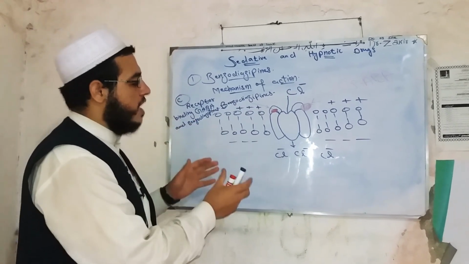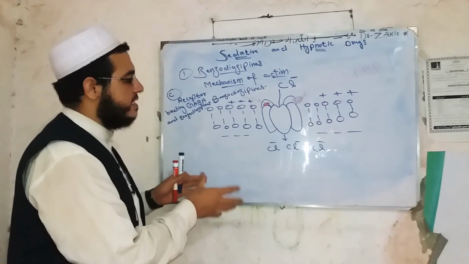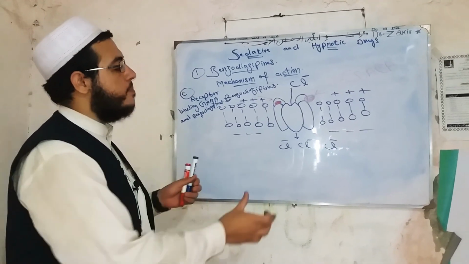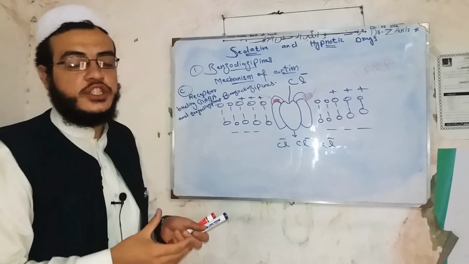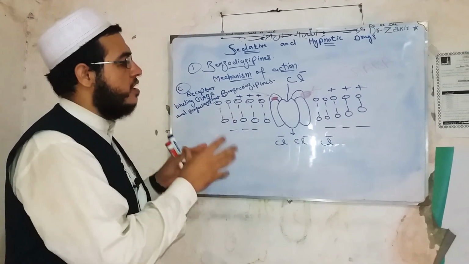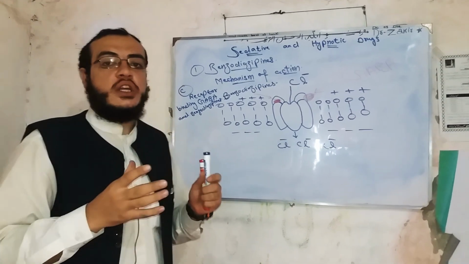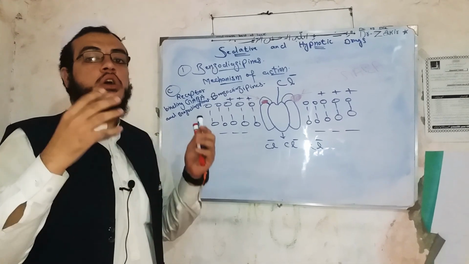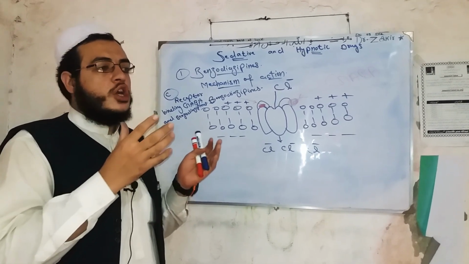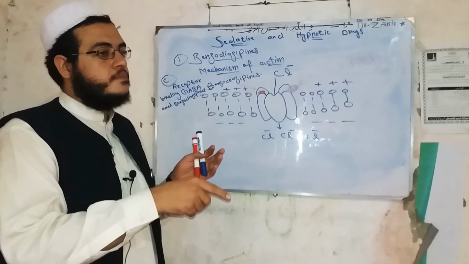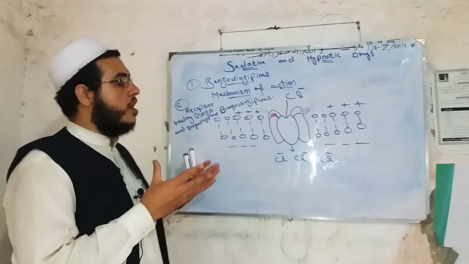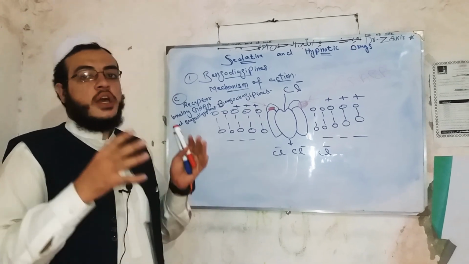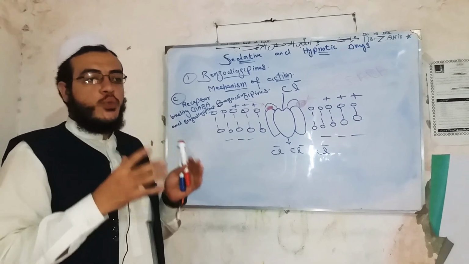The entry of chloride ion hyperpolarizes the cell, making it more difficult to depolarize, and therefore reduces neural excitability. So the general mechanism of action of the sedatives is that they act on the limbic system, which regulates mental thoughts and mental function, while the hypnotics act on the midbrain, which maintains